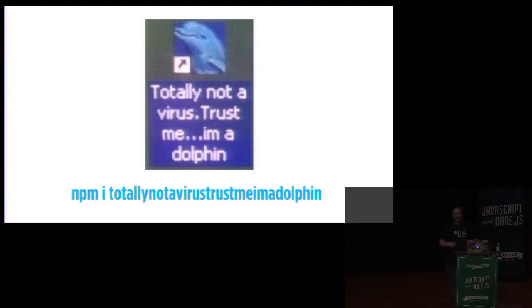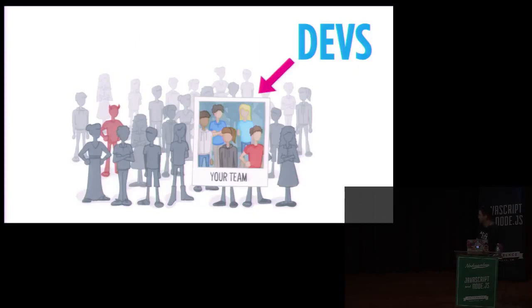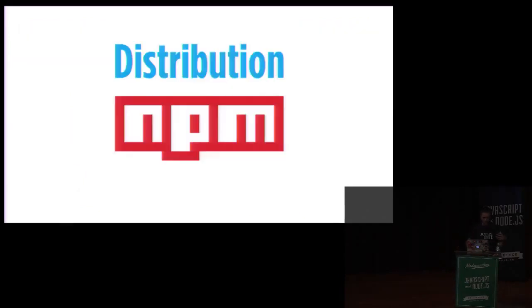So let's take a little step back and understand this is what I was doing back then. I was understanding who the actors were, who the players were. And for me it was, you have the devs, right? You have your team, you have other devs, and you get the jerks, the people that wanted to intentionally publish malicious things on that network. And then you've got the distribution point. You've got NPM. And so there are different attacks against each one of those different actors in different places on the network to get code to execute and be delivered to that victim.